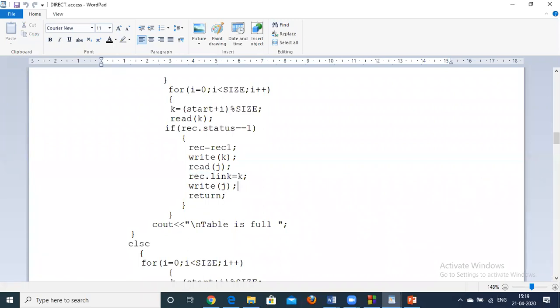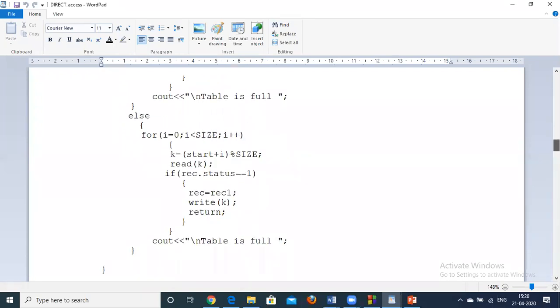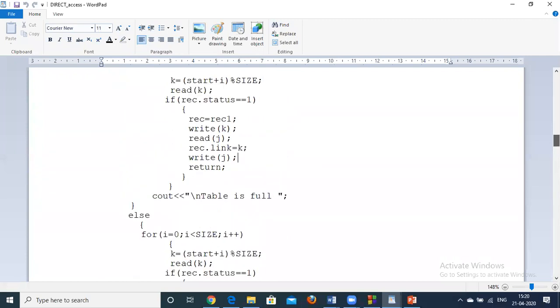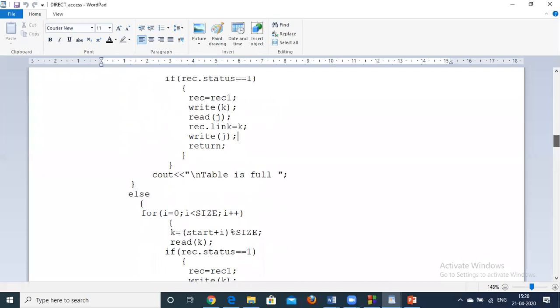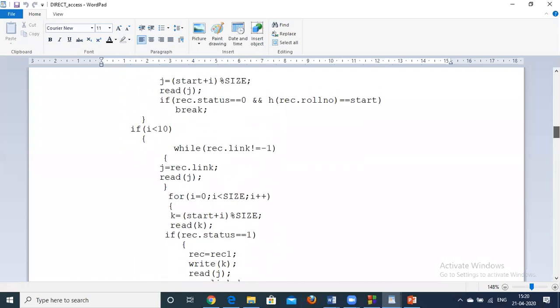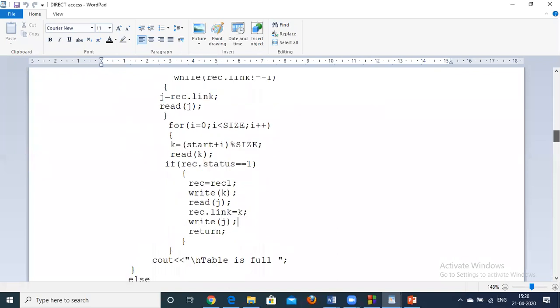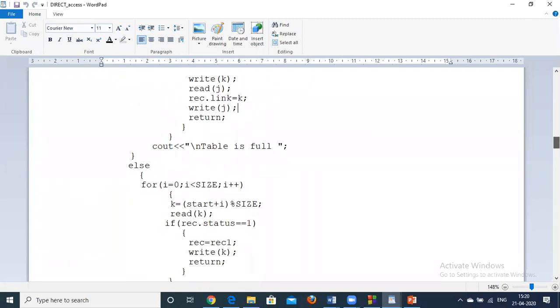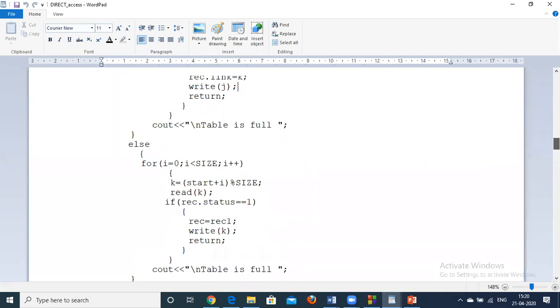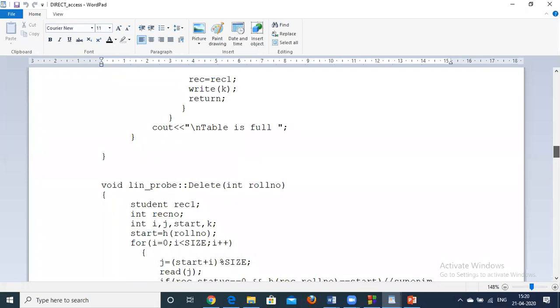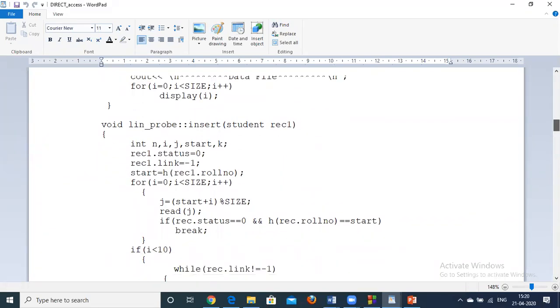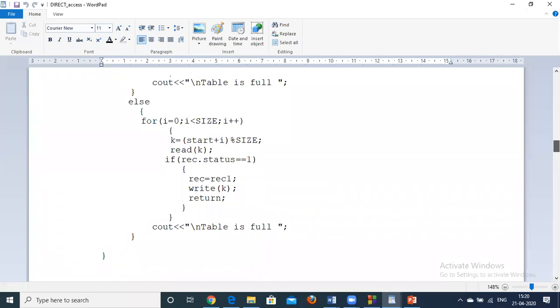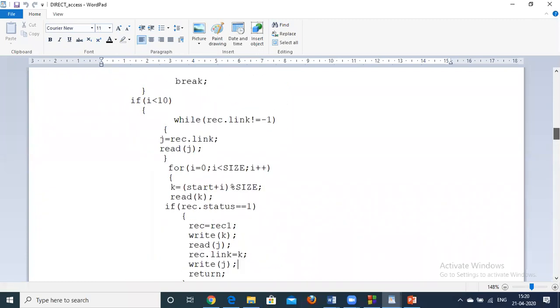So that is how we have to create the hash table. Here we are following the linear probing with chaining without replacement algorithm. If that position is occupied, then you have to search for the next available position and insert the record at that place. So the logic is the same, but we have to perform all these operations in Python.